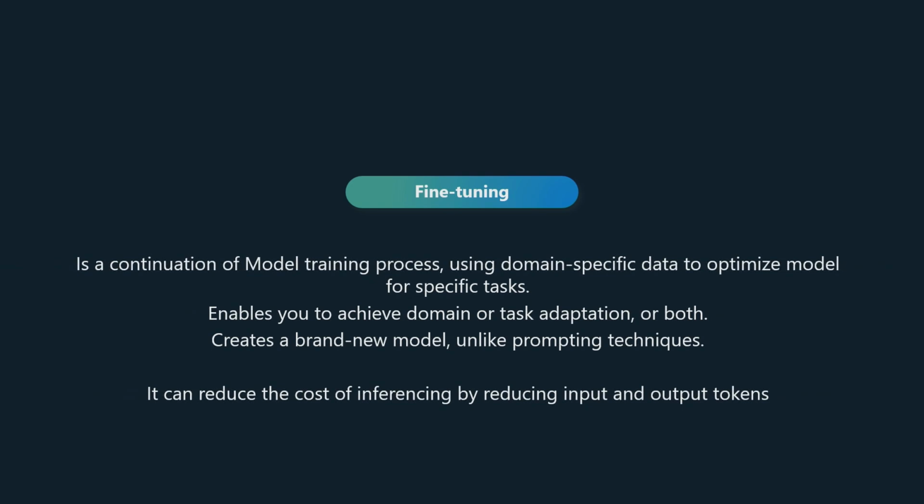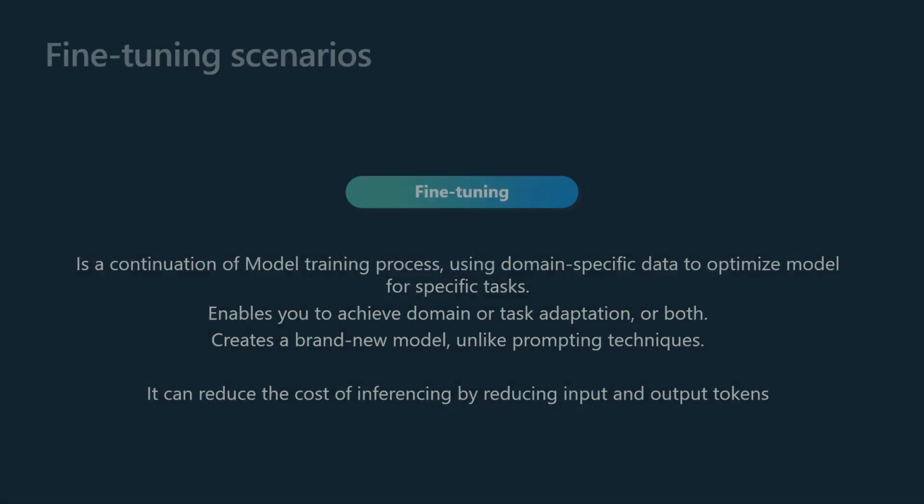And most importantly, what might not be very intuitive: people might feel that fine-tuning is an extra step where you have to get in data and then train the model. But it can pay off significantly if you have a higher volume of inferencing, with large input and output tokens. You don't have to use that large volume of input and output tokens because the model is already adapted to a task or domain. So your cost is significantly reduced on a fine-tuned model while inferencing, which it may not be if you use a base model that you have to prompt excessively with different information.